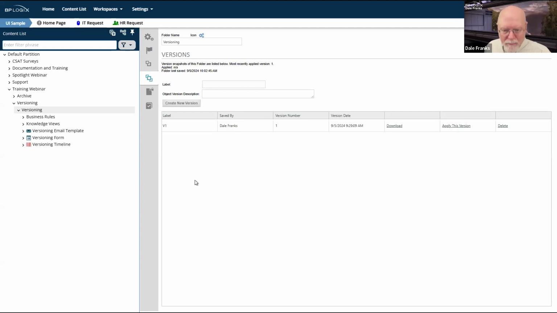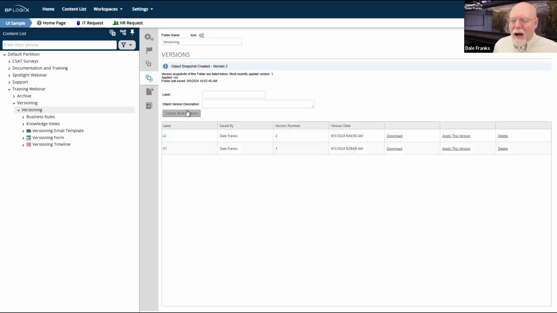Every time that you do an import, the very first thing you need to do is make a version. So I've got this version here, version 1. We're going to pretend this is my dev server. And so I've got a version 2 that I did a little work on, and then I did some more work and made a couple little changes. So I'm going to make a V3 here.